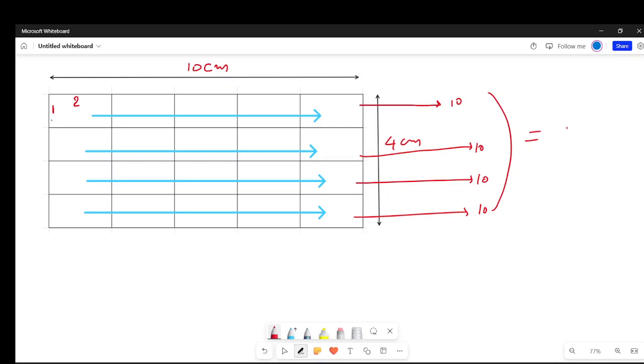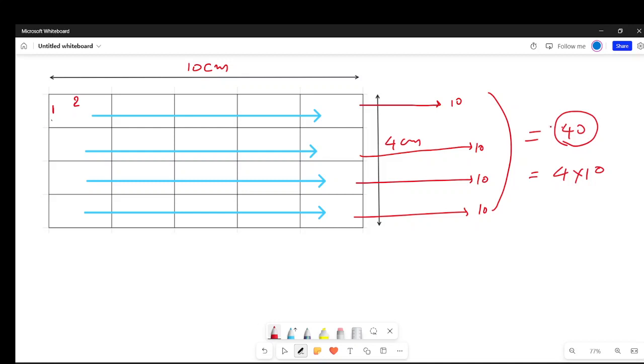How? What will it be? 10, 10, 10, 10. How much will it be? 40. How does it come? 4 into 10. It will be 4 into 10. When you count the length of each brick, then you will get 40,